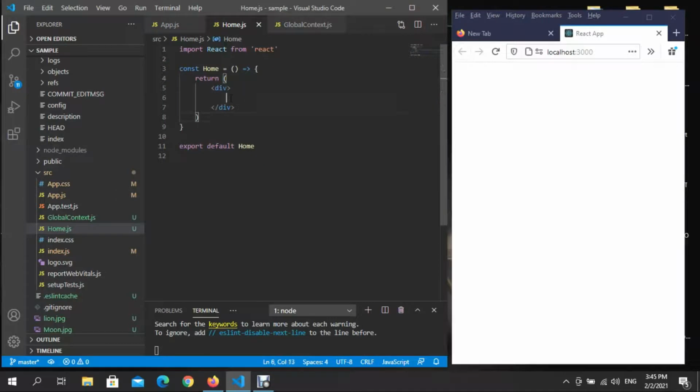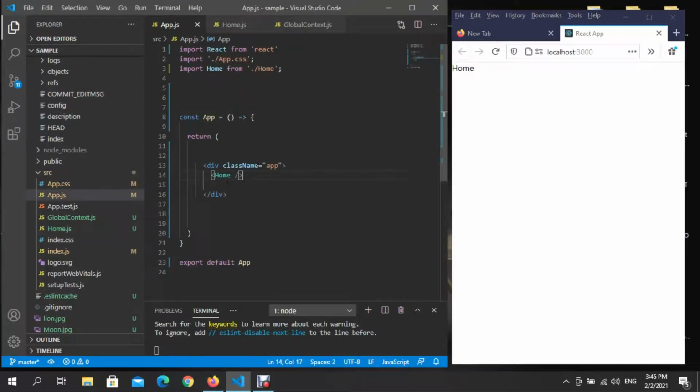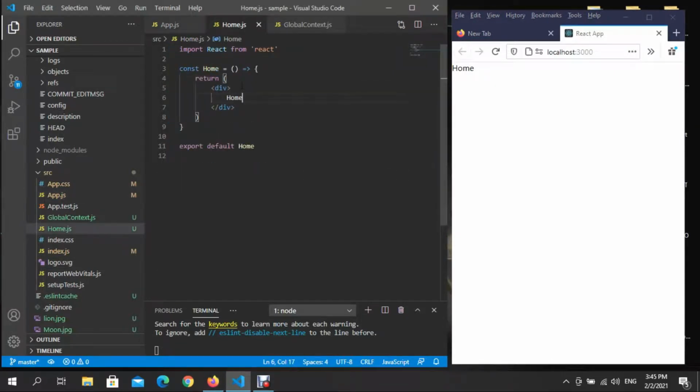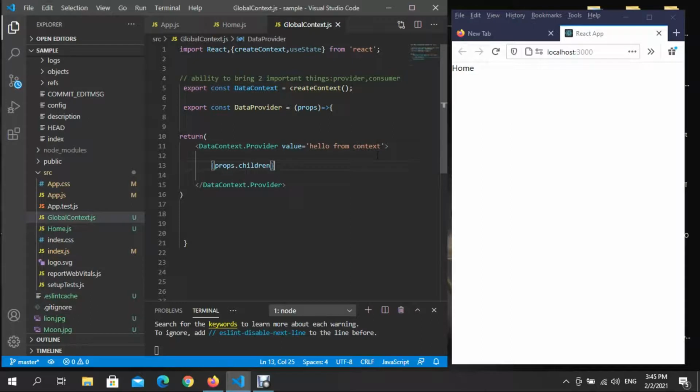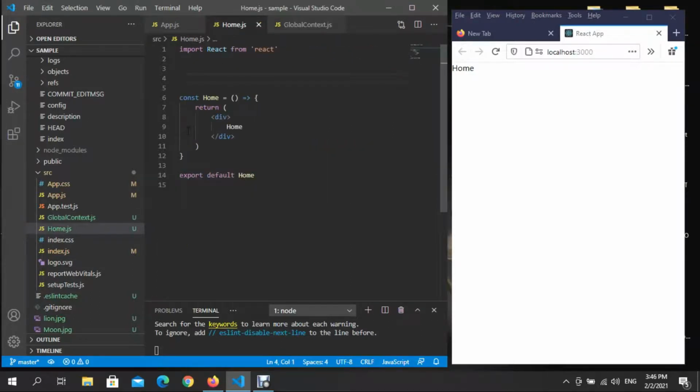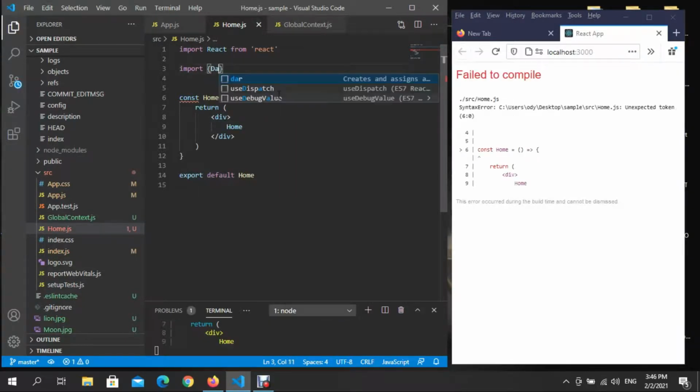I'm gonna write here home. All right, we got the home. Let's go inside home and put this data that I have here. I'm gonna pass it in the home. First of all, we need to import the data